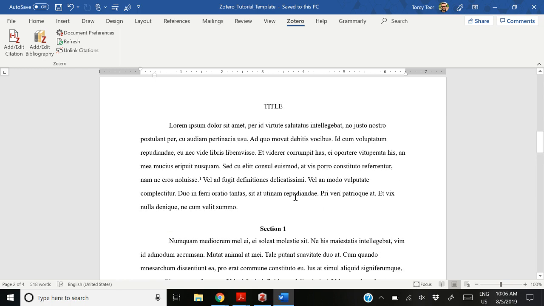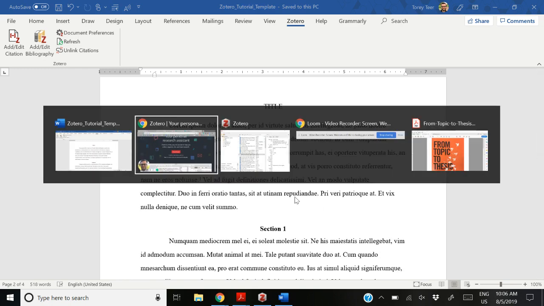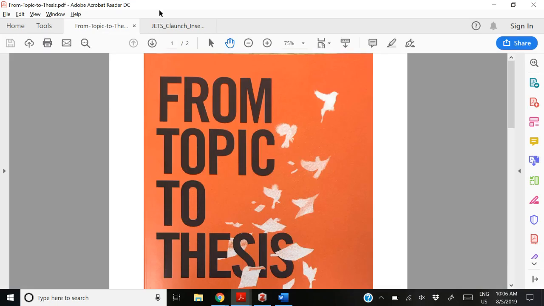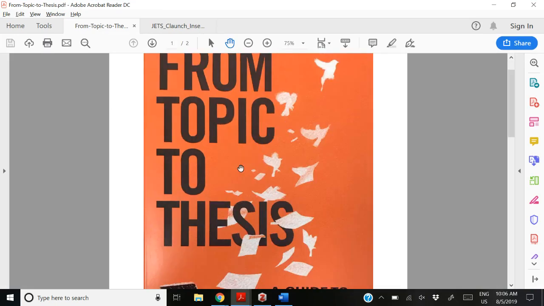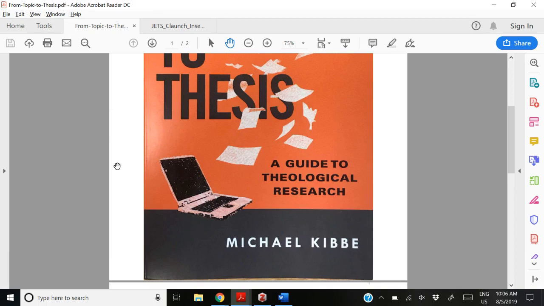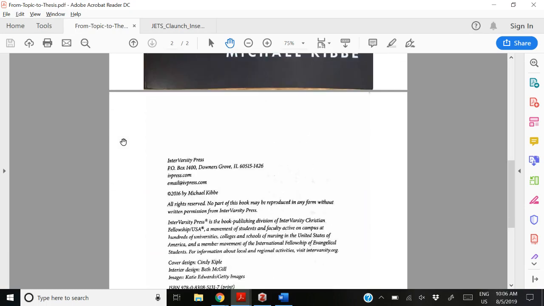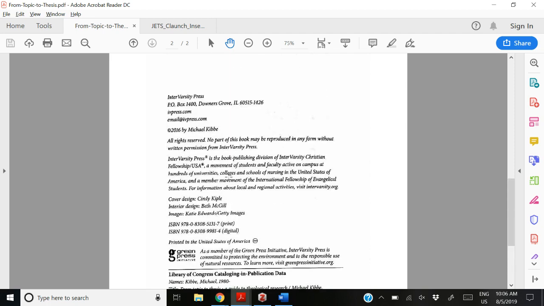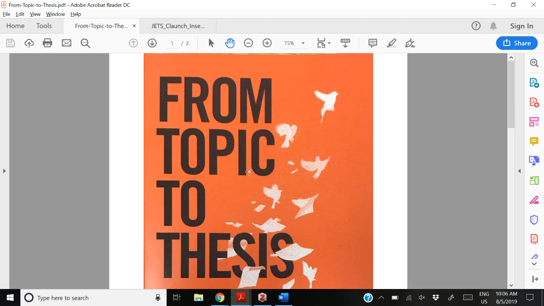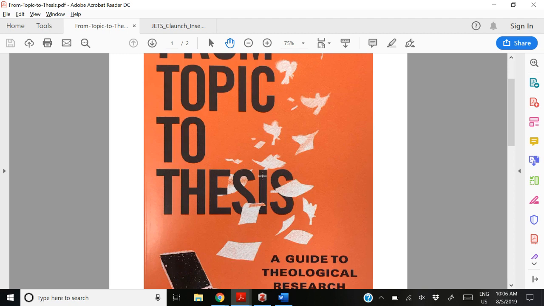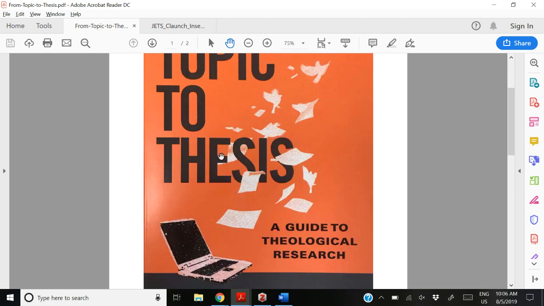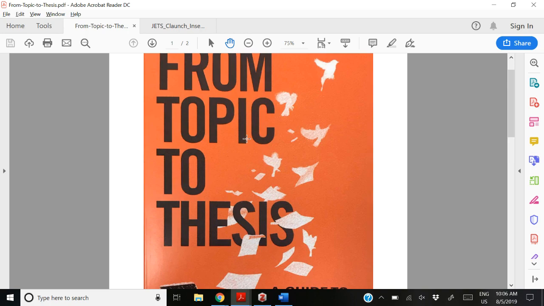So let's get right into it. First, let's add a citation manually. Now, all of this information can be found from a book called From Topic to Thesis by Michael Kibbe. And we're going to add this book in as a manual entry. Now, the reason why I use this book is because Appendix E on pages 132 to 145 give a textual tutorial for how to download and use Zotero, and I am basing my video tutorial off of this book. Let's go ahead and add this book